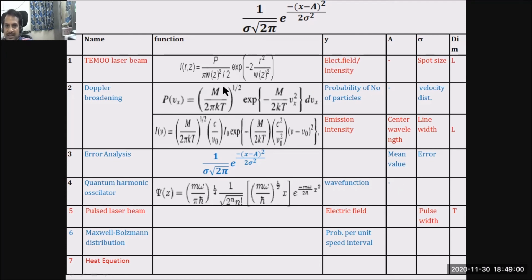Again, you can see I have put two colors, red and blue. Where the red is there, this topic uses the Gaussian function just as it is, as a function of x and y. Whereas the ones which are in blue use this as a limiting function of a distribution. There's a probability involved, regarding which we will discuss in the next video on the Gaussian.